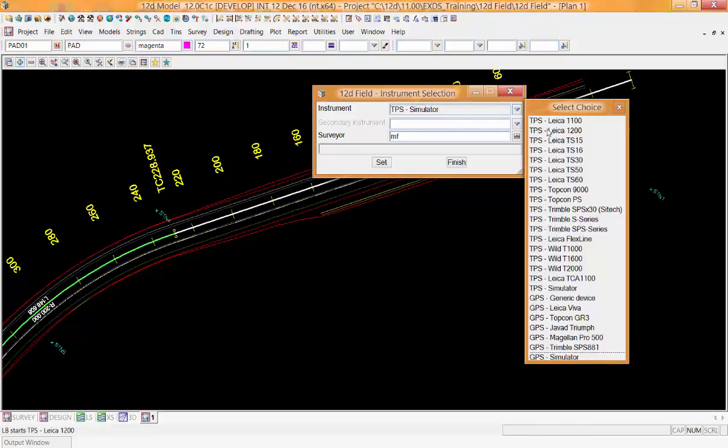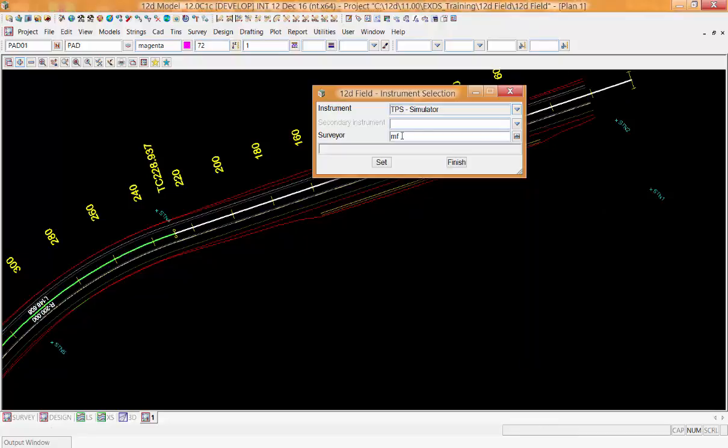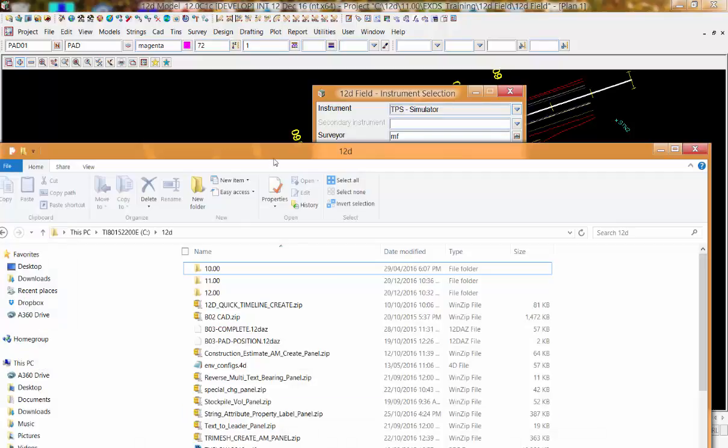Now, in this list, you can actually customize the list of instruments. So, for example, if you're only using, say, 1, 2, or 3 instruments in the company, you can actually get rid of all these other instruments in the list here, so you don't have a massive pull-down list. Basically, where that's hidden is in your user folder. So the way 12D field works is it references a whole bunch of .4D files in your user folder. So if I click on the user folder and bring that up,